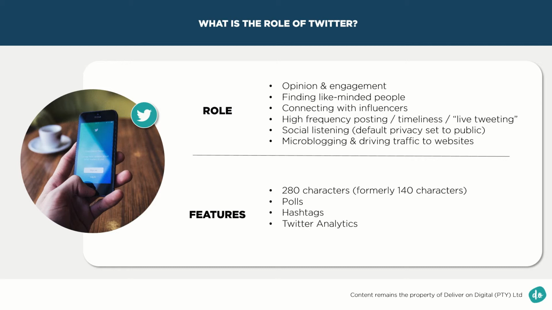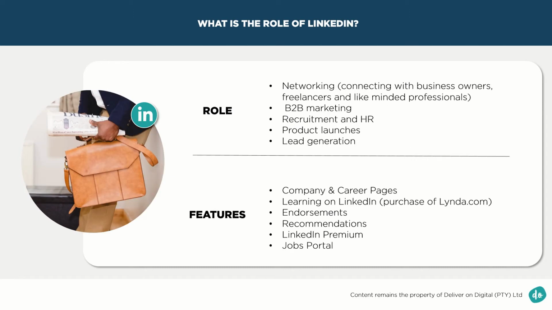In terms of its features, it has 280 characters available for when you tweet, and that was formerly 140 characters. It also has cool poll functionality, which allows you to do large-scale market research, for example, ask your friends a question, make jokes via polls, emojis via polls. There's a bunch of different ways in which you can use that we'll be exploring. Hashtagging, of course, as I say, because the default setting is public, and then Twitter analytics to see which tweets are performing well and which are not.